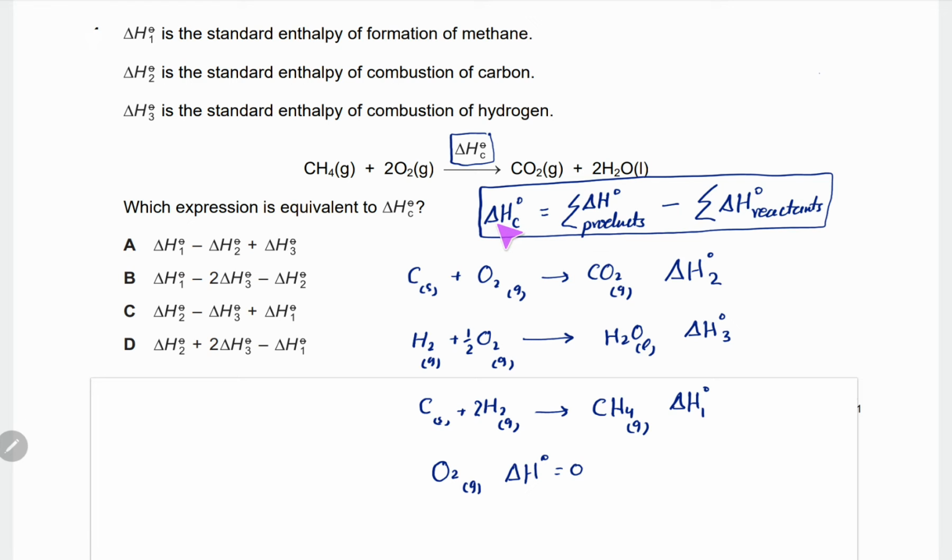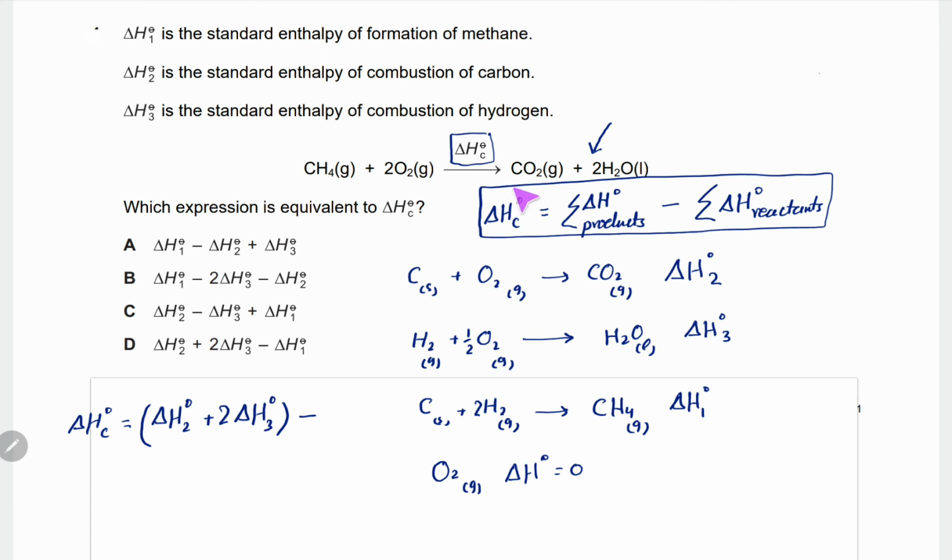So coming towards this equation, delta H naught C is equal to the summation of enthalpies of the products. The product is carbon dioxide, and it has enthalpy delta H naught 2, plus the enthalpy of water, and water has the enthalpy delta H naught 3. But remember, there are 2 moles of water, so we will place 2 here, 2 delta H naught 3. This gives the summation of enthalpy of products, minus